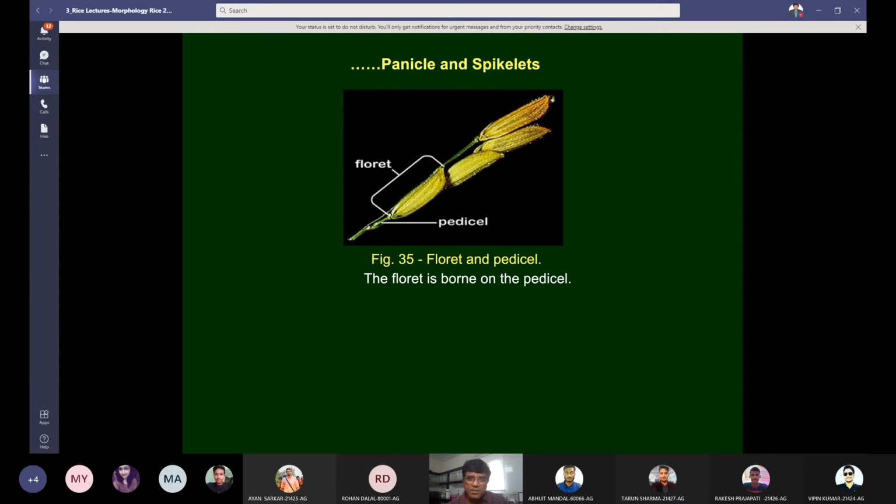You can see this is the floret, up to a certain length, and the base is your pedicel. So the pedicel is also included in the spikelet, but the floret does not include the pedicel.